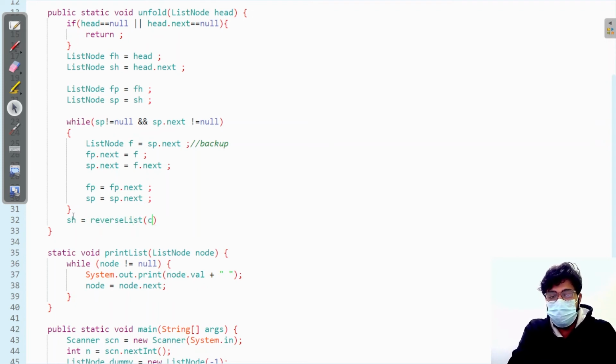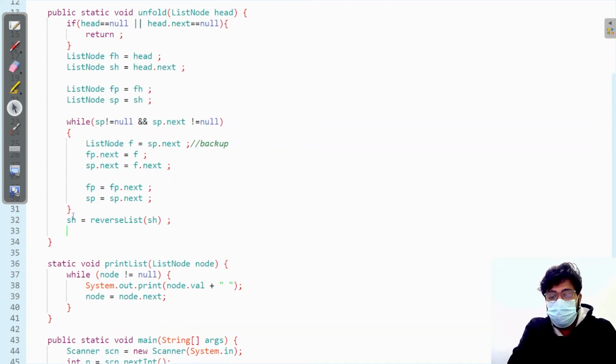I will put sh here. Second head. We have to reverse the second linked list, right? So in this function we will do that. And after that, we just need to do what? We need to do